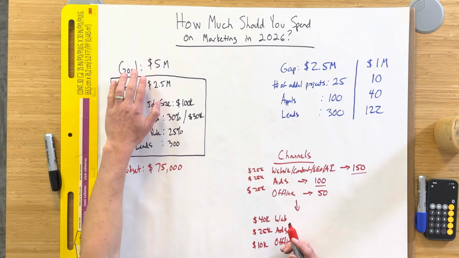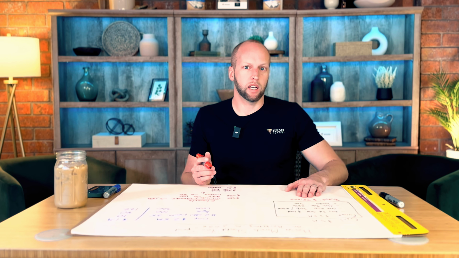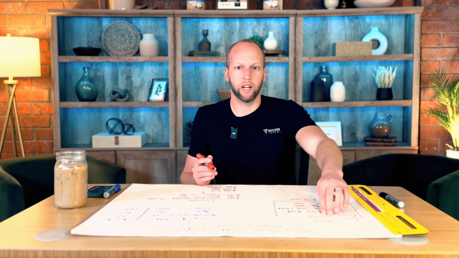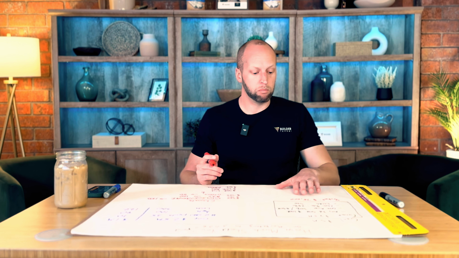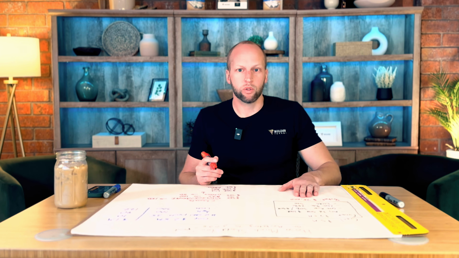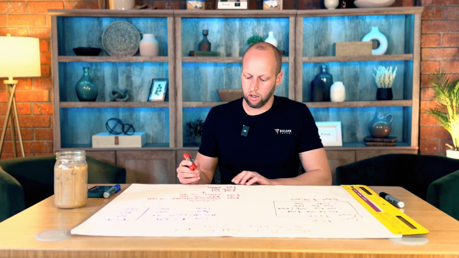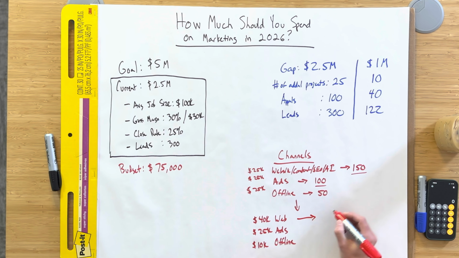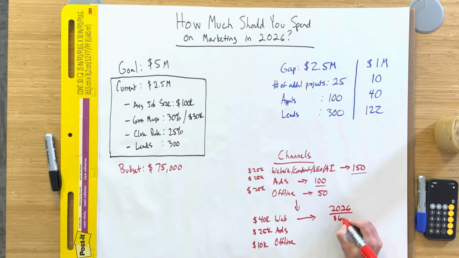I do want to double my business in a year, which is also aggressive, but I'm not sure I can swing that yet because I'm still a $2.5 million business. I'm not sure I can spend the 150. But maybe I can go to 125 or 120. I'm going to increase this maybe by 50% instead of double. And so then all of these going into the new year, you might say, okay, I'm going to grow them by 50%. So this might go to 60K. This might go to, what is that, about 13, so 38.